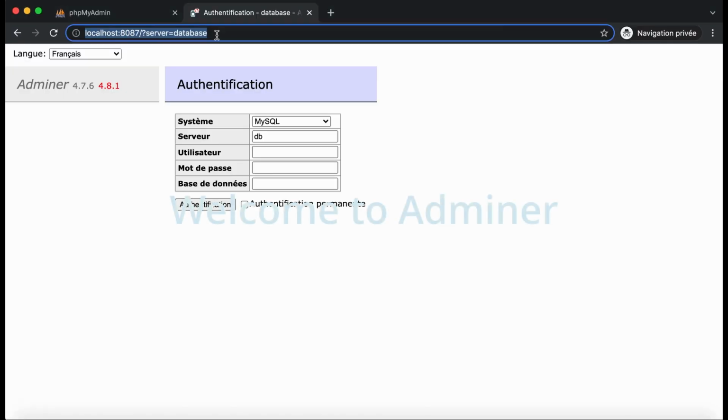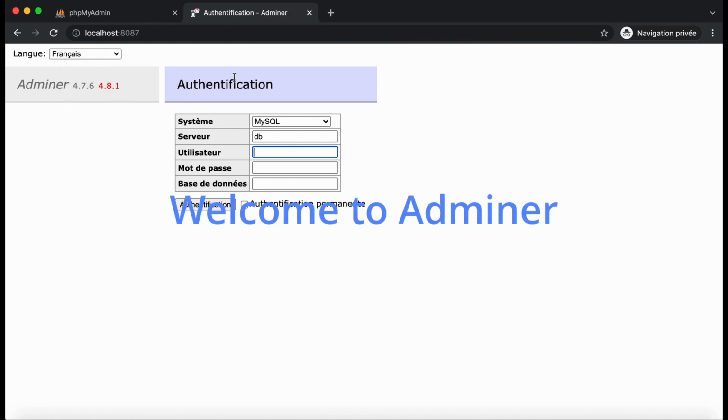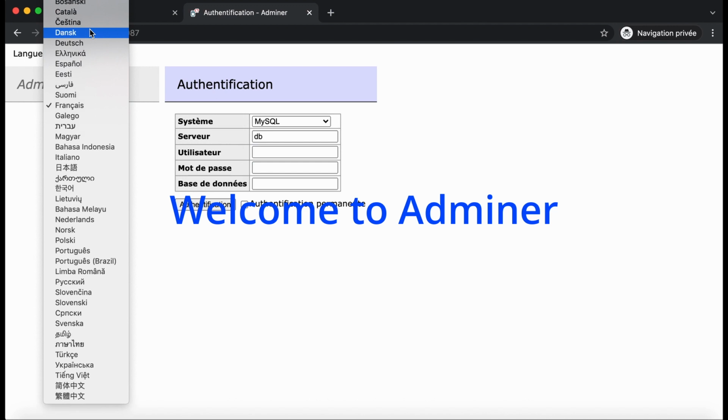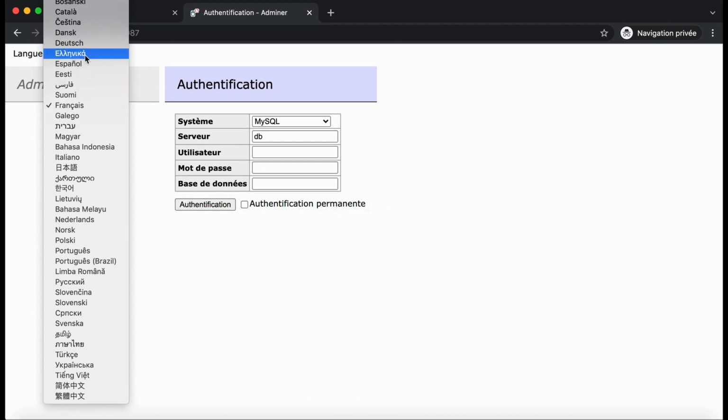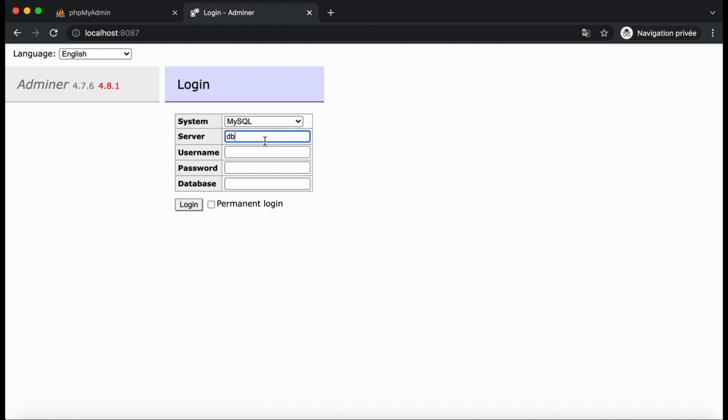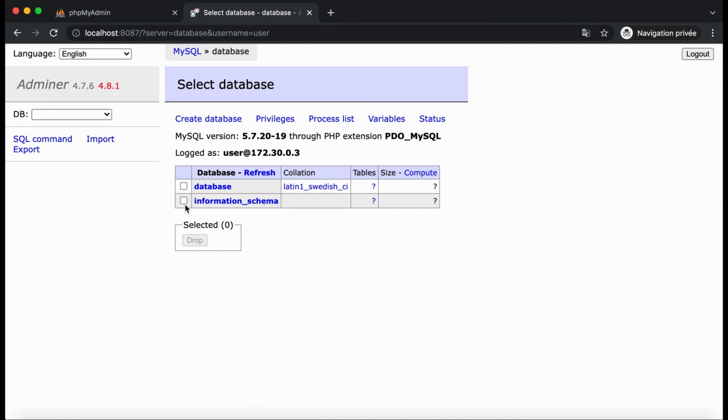In our project, Adminer is set on port 8087. So we can check it by putting localhost:8087 in a browser. My default language is French. I change the language to English to be clearer for you. We have to change the database connection for that from the docker-compose.yml file. We need to type user and password. Adminer is a tool to debug databases and perform needed operations on them. Both applications have an easy to use interface.